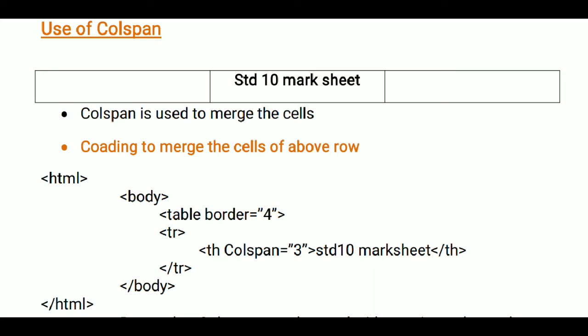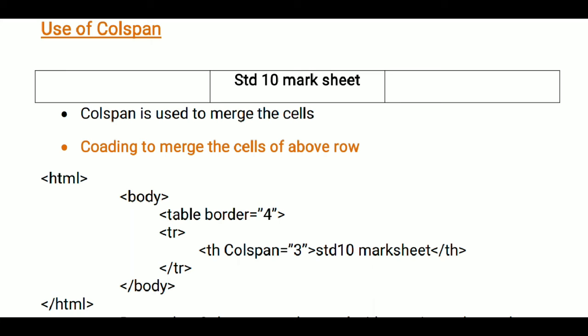Now the coding is available for how to merge the cells. So first we have to start our HTML tag and then the body tag. Now we want to create a table, so at the beginning we have to write the table tag. Remember students, whenever we create a table, our coding will begin with the table tag only. And the most common attribute of table, that is border, and here I have set the border thickness to 4.